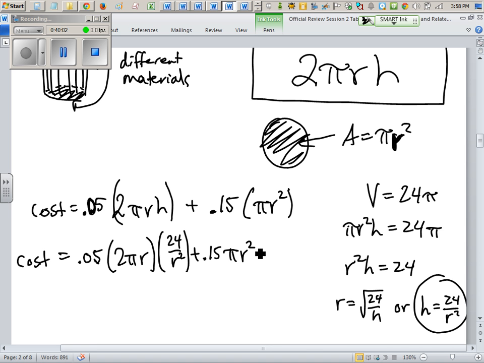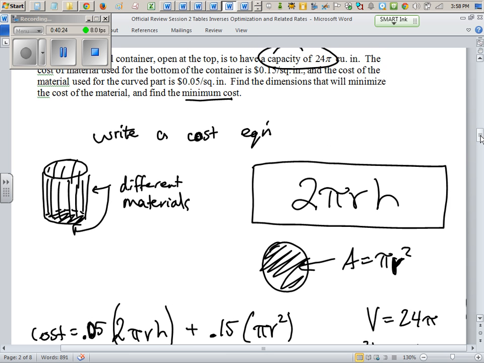It's not like a piece of wire. You're designing a can. You can make R as big as you want. And you can make the R as small as 0, I guess. But you're not going to have any volume at all, or surface area. So basically, you don't have to do endpoints on this problem, you see. Just the critical point, and plug it back into the cost. Make sure it really is a cheapest cost, not a most expensive cost, you know. Okay, let's move on